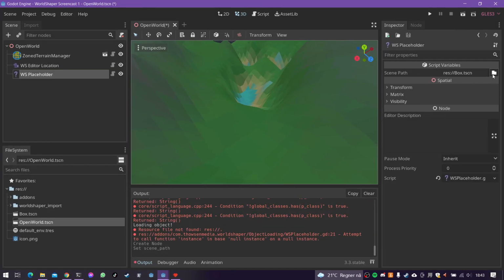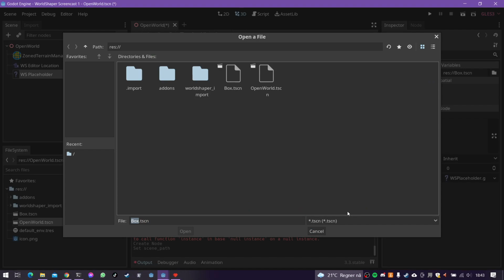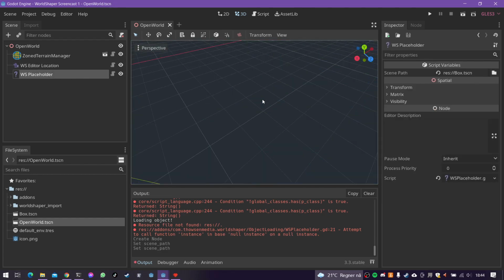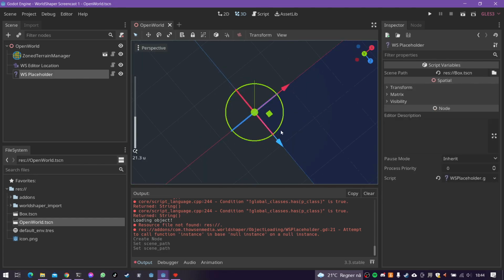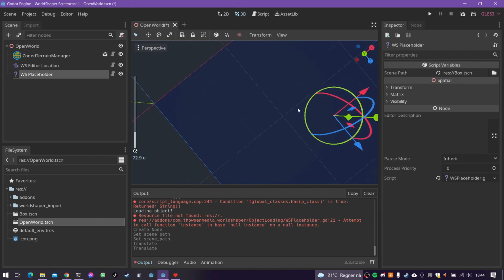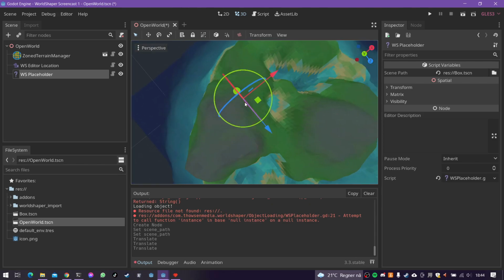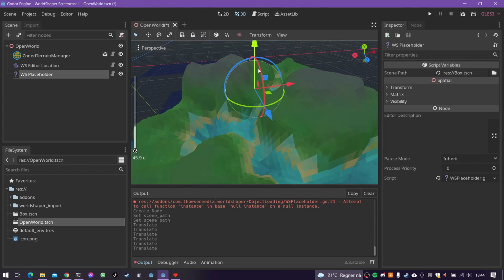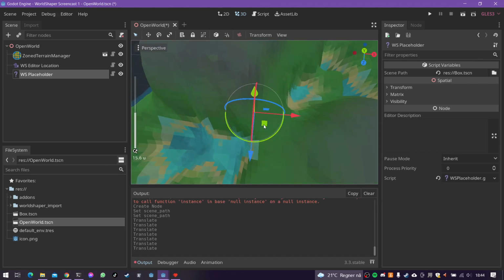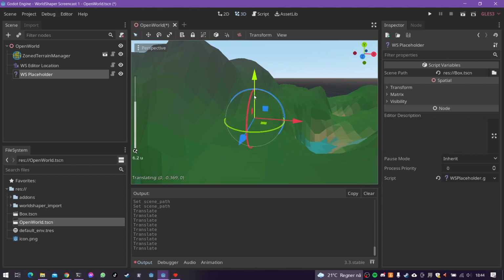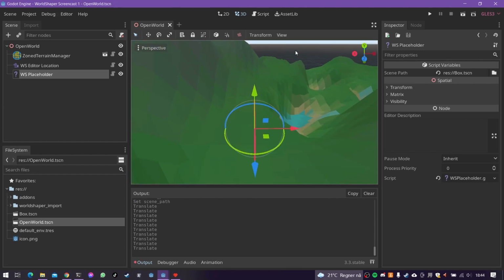And when you select the file, it's going to only look for tscene files, right? So we'll grab that, and here we have our, well, it's placed in a weird way, it's all over there. I suppose we can move it to some sensible location on the map here. Something like there. And it's currently invisible, I'm aware of that, but we'll get to that. So we have our object here,